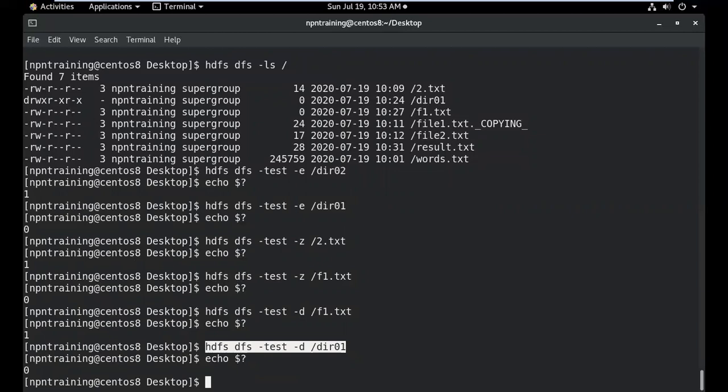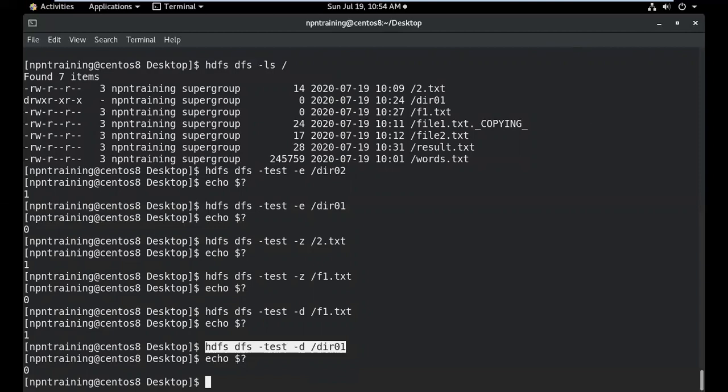Any single question? No. Okay. So like this, you have different options. Not everything do we use at a time, but you have to know these options, because based on the scenarios you may be using them. Okay. Right. So we'll just give 1 minute. If you have any questions, you can ask. Any single question? Okay, right. I see there are no questions.